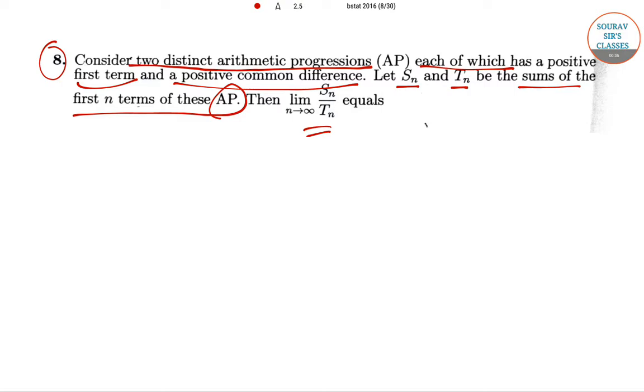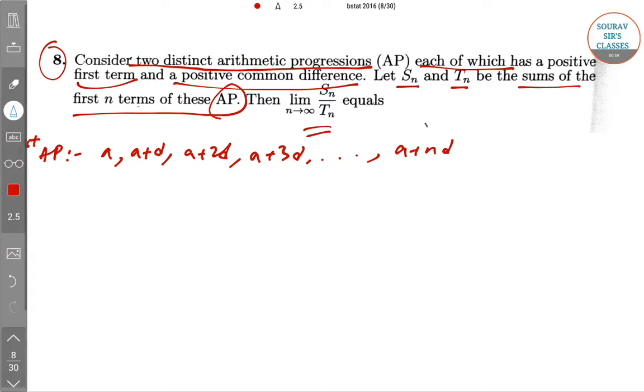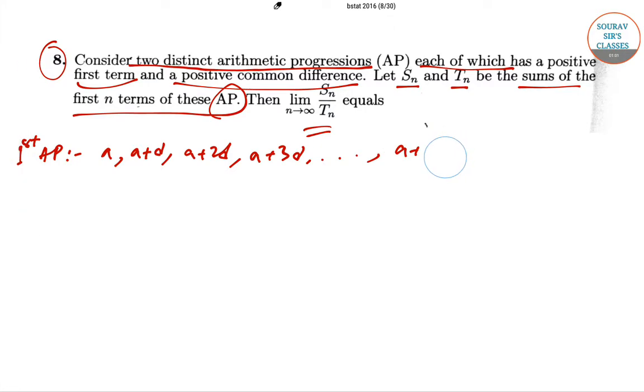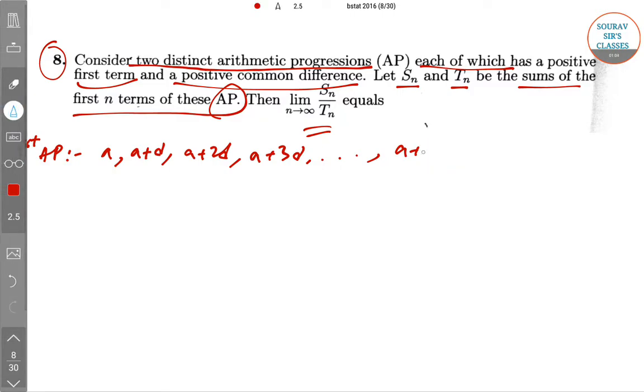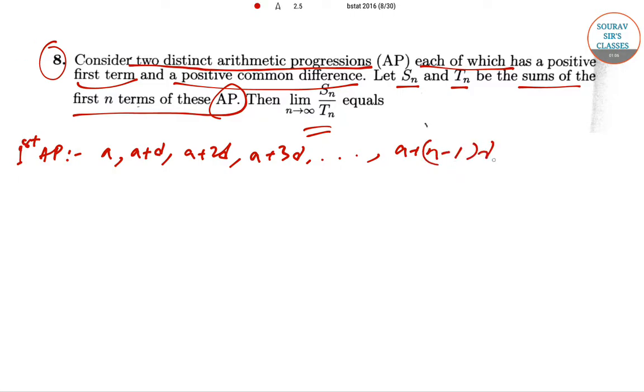So let the first arithmetic progression be a, a plus d, a plus 2d, a plus 3d, up till a plus nd. Not a plus nd, it will be a plus (n minus 1)d since there are n terms. So the last term will be a plus (n minus 1)d. This is one series. And the second AP